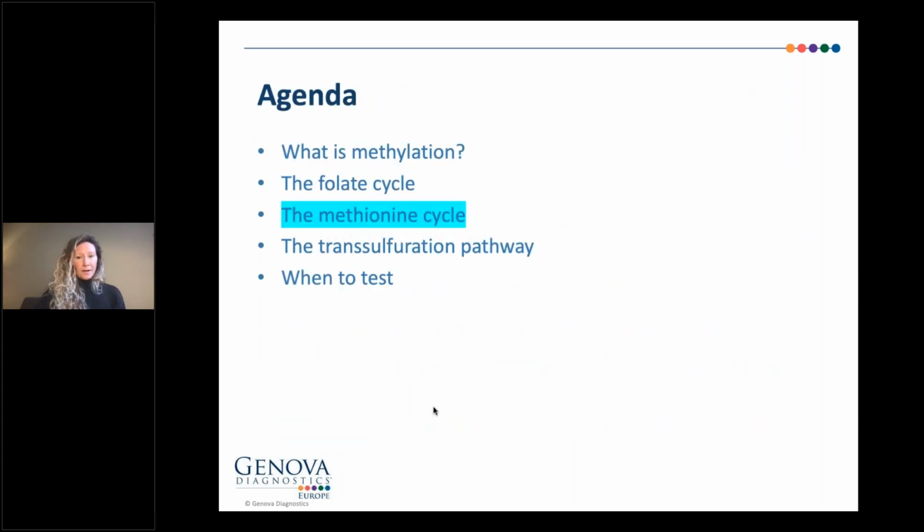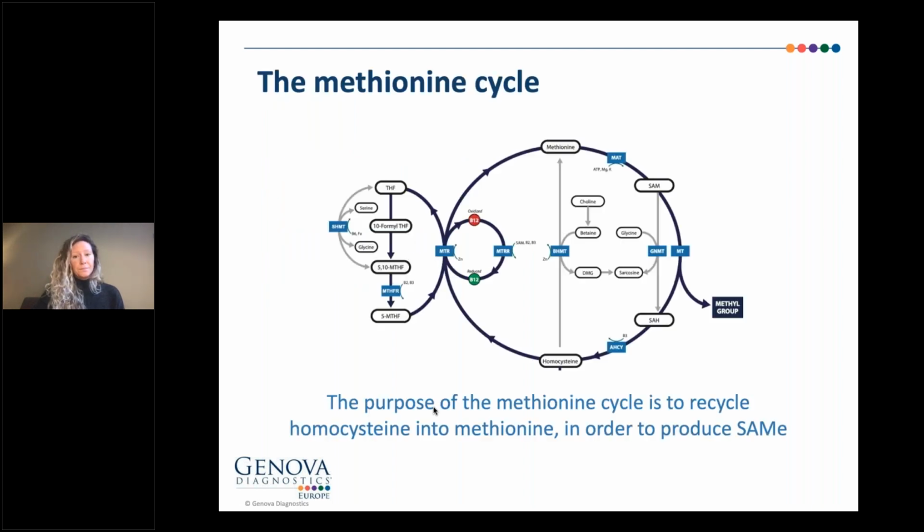So now I've covered the folate cycle, I want to move on to the next part, which is looking at the methionine cycle and go over how these cycles interconnect to eventually help produce SAMe through the recycling of homocysteine. So here we've zoomed out and we can see where the folate cycle connects with the methionine cycle. So just here. So the purpose of the methionine cycle is to convert homocysteine into methionine, which then becomes SAM, the end product